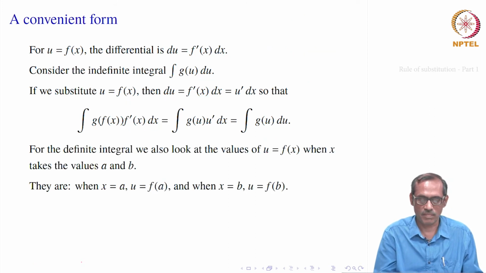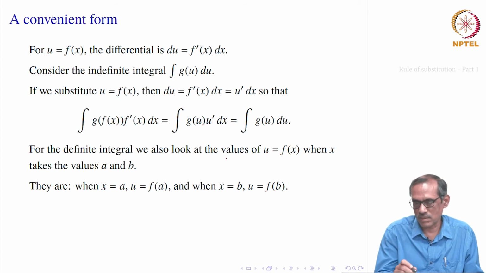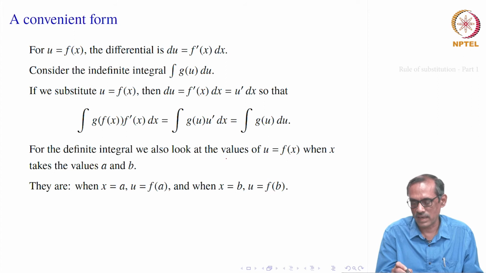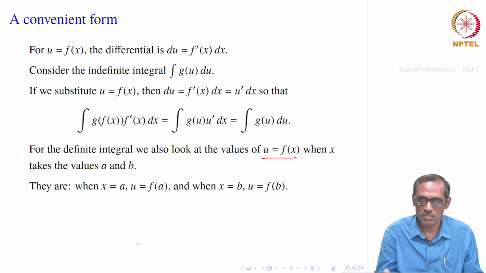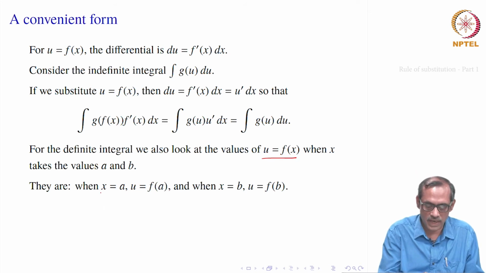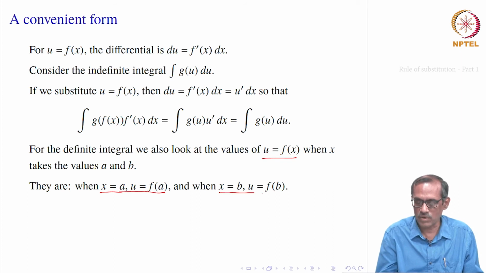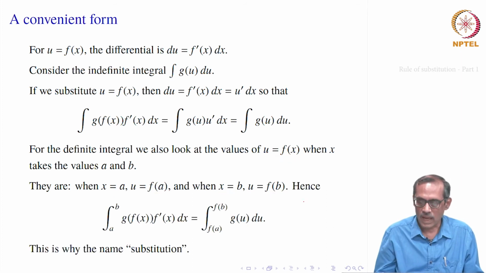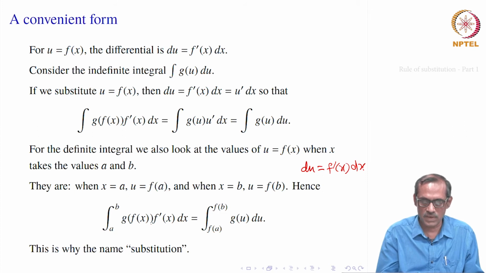Okay. So, what we have to do really, if we find somehow that some functions in the integrand will be simplified if I substitute u equal to f of x, then we substitute and see that when x equal to a, for the limit of integration, u becomes f of a, when x equal to b, u equal to f of b, and in that case du is also equal to f prime x dx. So, in the integral a to b g of f x f prime x, if we go on substituting whatever we have seen, we directly get our result.